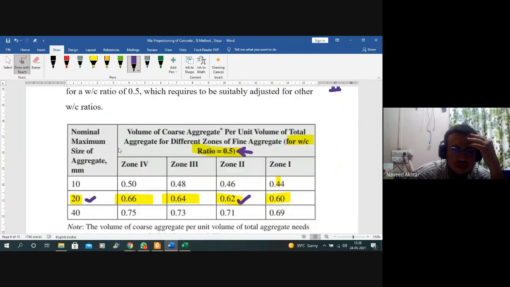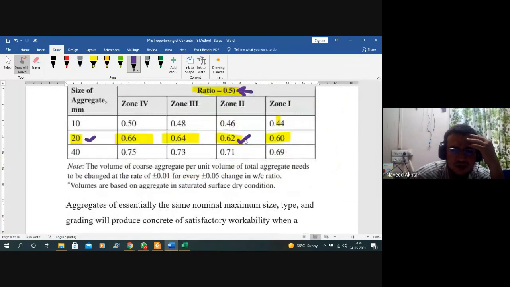Now, if you know the percentage fraction of the coarse aggregate, you can easily find out the fine aggregate: 1 minus 0.62, what will come. That will give you the percentage fraction of the fine aggregate.